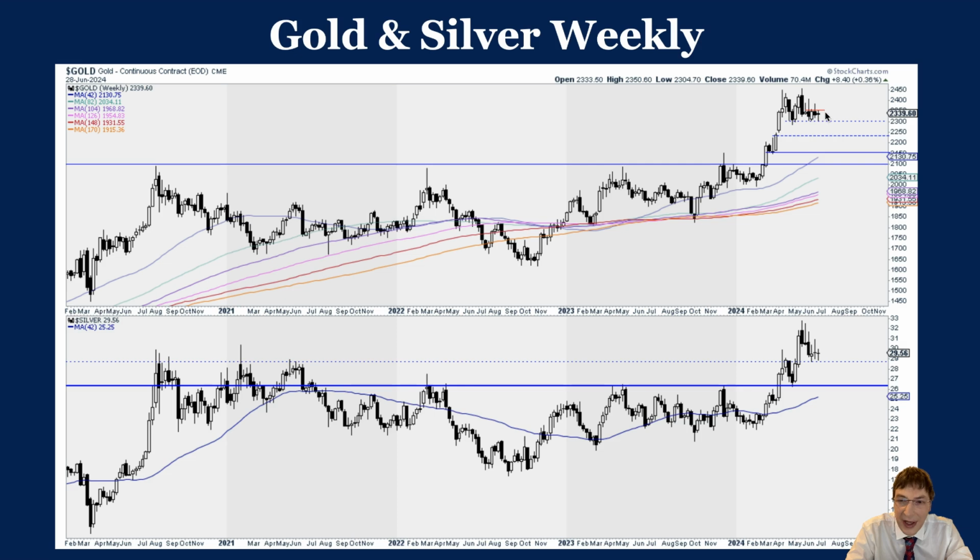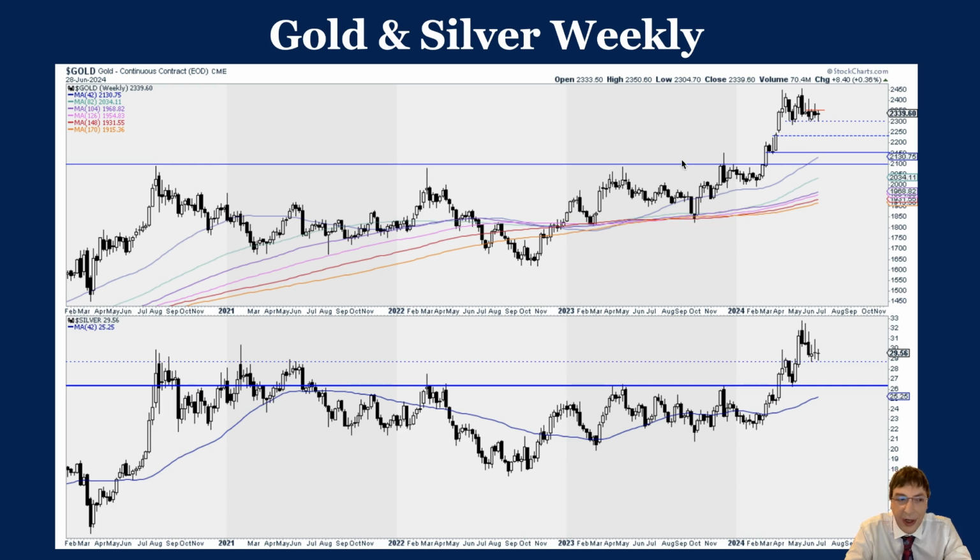If we don't get that in the next week or two, then the bears are going to have a chance to push this lower. The odds will increase if we can't make a weekly close above 2350 in the next couple weeks. If we get a bad break here, I guess there's a potential measured downside. $150, that would take it to 2150. Here's where 2150 is. So I think that's the realistic worst case scenario now. Not predicting it, just pointing it out for you guys. But if you get the other scenario, you could get a break and then a quick rally back, so a false breakdown. Be on the lookout for that.